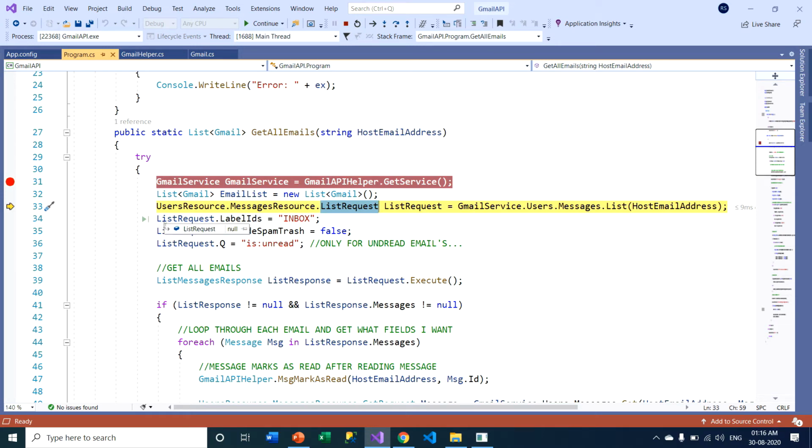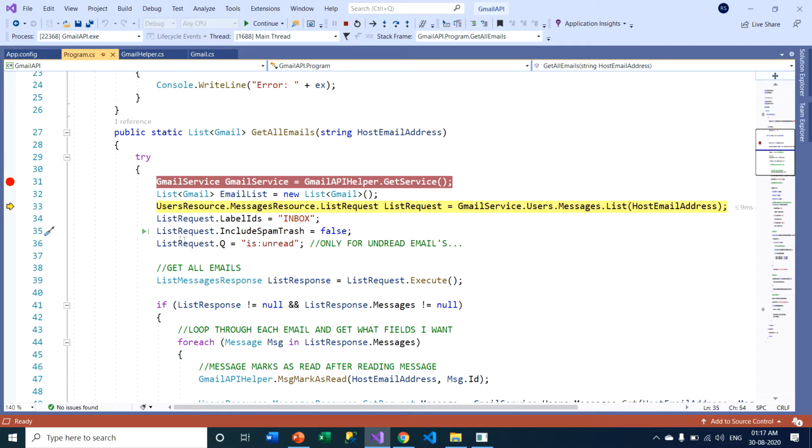So what type of request am I providing by using these properties under the ListRequest class? ListRequest is a kind of object, and I am passing 3 properties under this list request. The first property is label IDs. So I am telling it to only get the requests under the inbox, and include spam trash equals false.